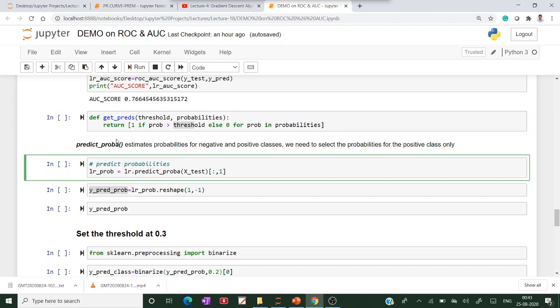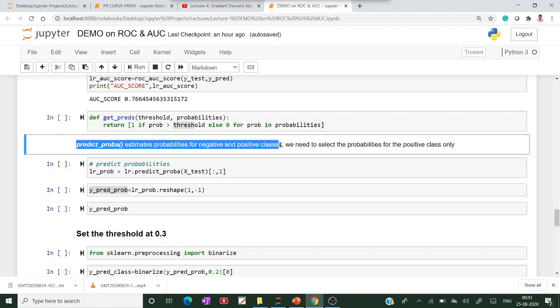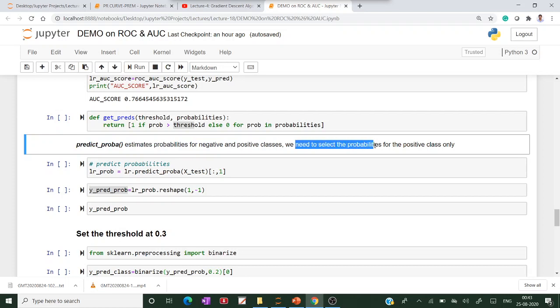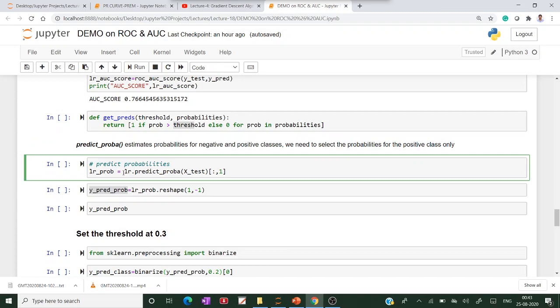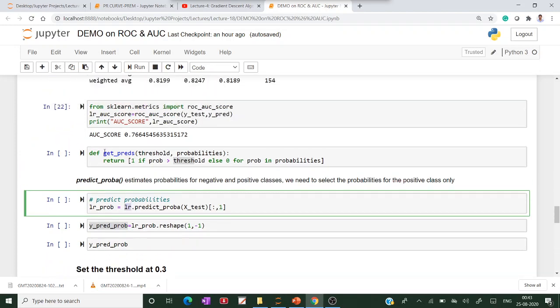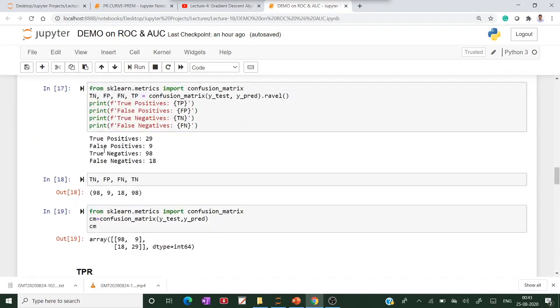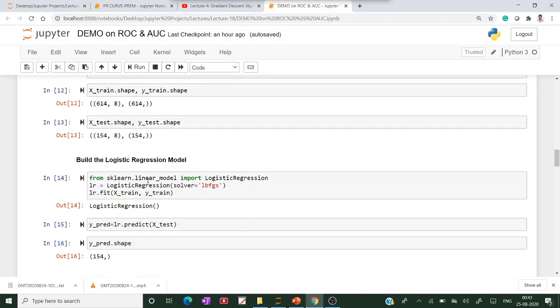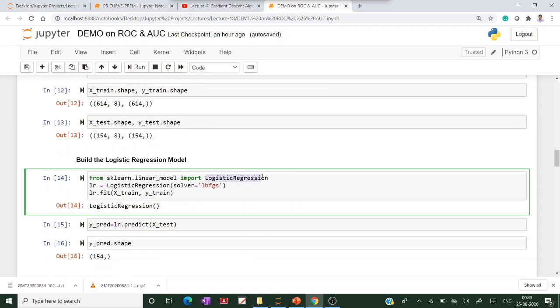Here I am using the predict probability function, which estimates the probabilities for the negative and positive classes. We have to select only the probabilities for the positive class. LR is nothing but our model, using logistic regression.